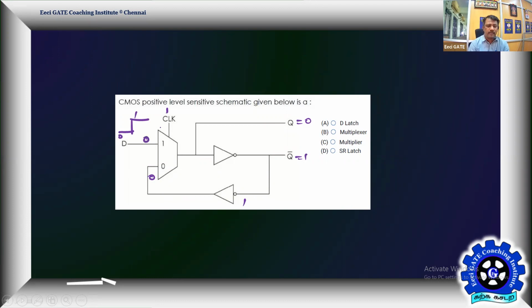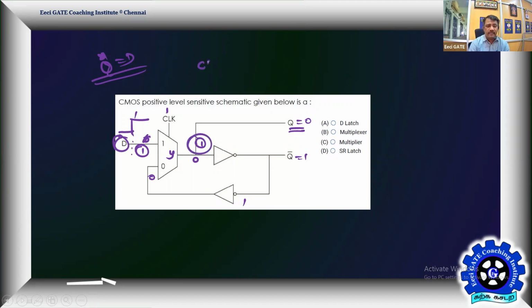What's happening now? Clock is 1 means the selection of the 2 to 1 mux is 1, so Y is going to follow the data. First the data will be 0, and the previous data also 0. Now the data is getting copied because the clock is 1, Q star is equal to D. So the next state follows your D input. But at some point your D changes from 0 to 1, so this data becomes 1. When this data becomes 1, the output becomes 1. Whenever the D data changes, the output changes.